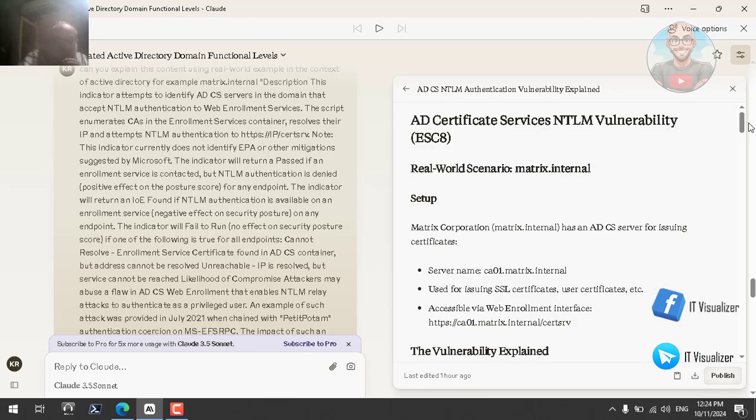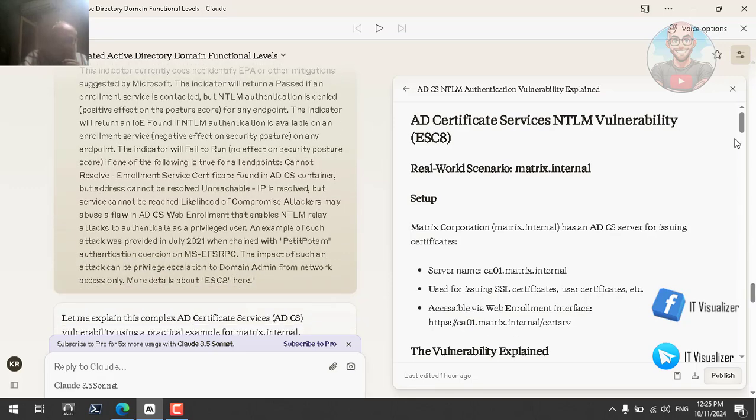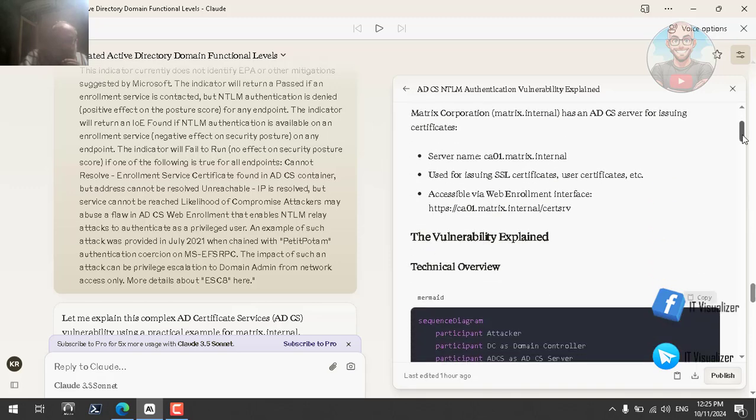and see here, it says real world scenario, matrix.internal setup, Matrix Corporation. Matrix.internal has an ADCS server for issuing certificates. Server name CA01.matrix.internal, used for issuing SSL certificates, user certificates, etc. Accessible via web enrollment interface. Okay, the vulnerability is talking about the PetitPotam